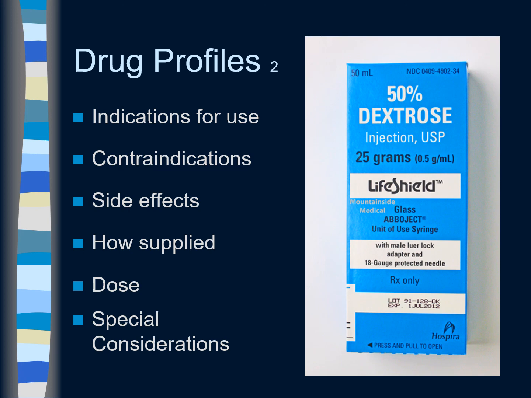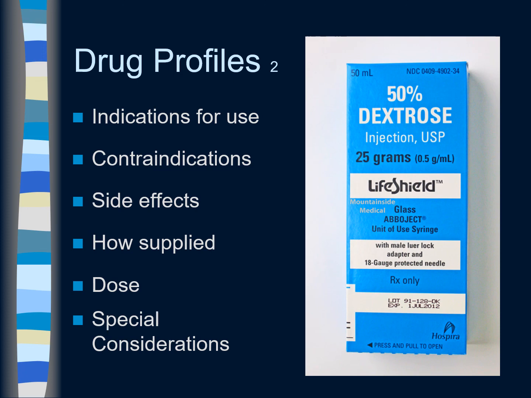All right, so if we look at this box of D50, there's 25 grams of D50 in 50 milliliters of fluid there. So if I told you to give a dose of 12.5 grams of dextrose 50%, you need to understand how much of that syringe to push in. And you can see to the right of that 25 grams, there's a little parenthetical statement that says there's 0.5 grams per milliliter. So if I told you to give a half an amp of D50, which is a crappy order, you'd be like, can you please clarify your order there, Kate? And I said, oh yeah, sure. Please give